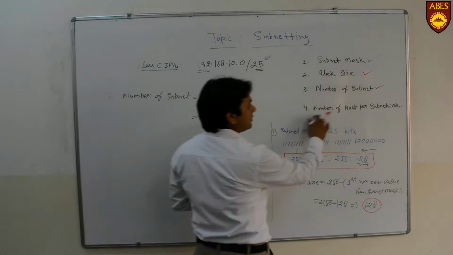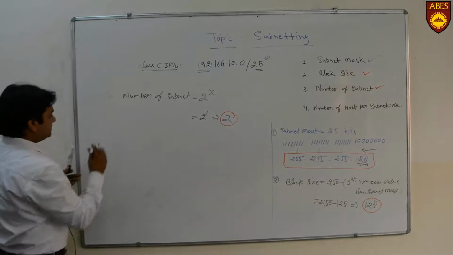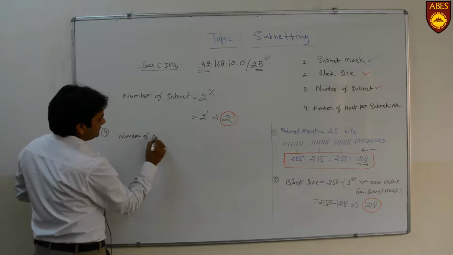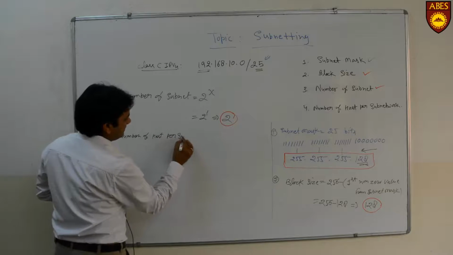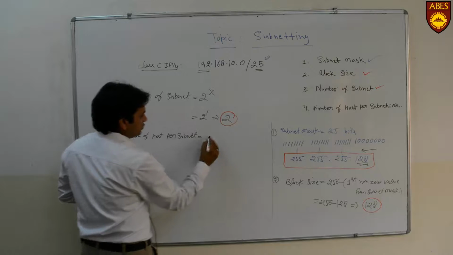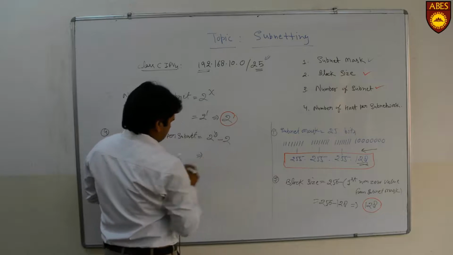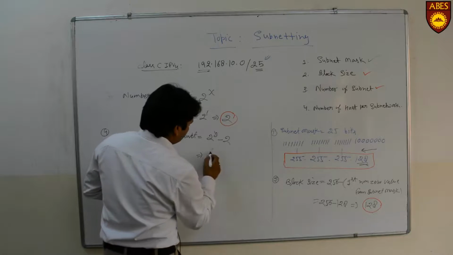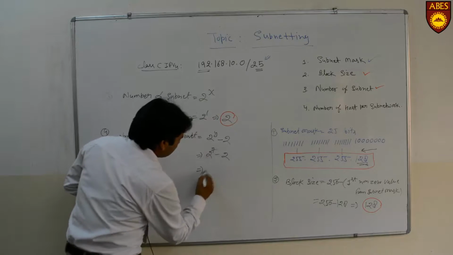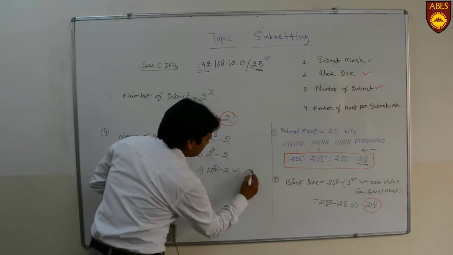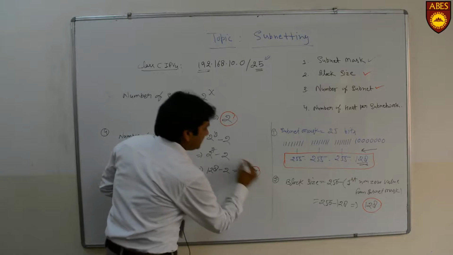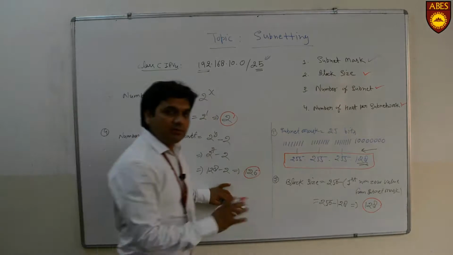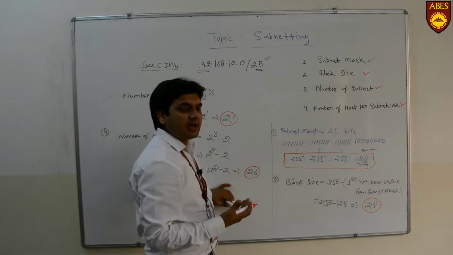Now we have to consider the number of hosts per subnetwork, statement number 4, number of hosts per subnet, that is 2 to the power y minus 2. The value of y is 7, so it becomes 2 to the power 7 minus 2. 2 to the power 7 is 128, minus 2, the answer is 126. So as per the fourth statement, the number of hosts per subnetwork is 126. So this is all about how to solve subnetting in IPv4.